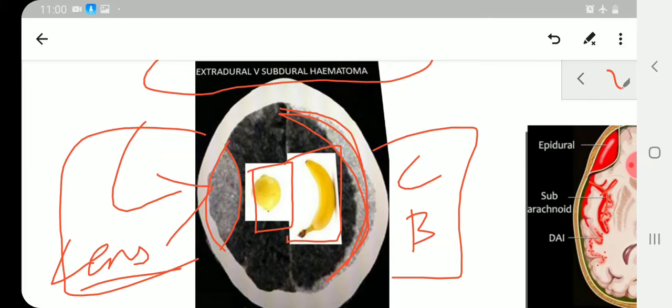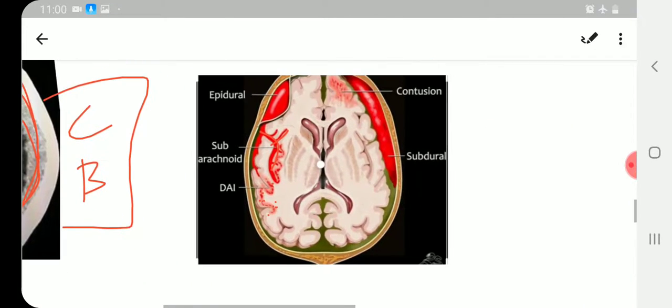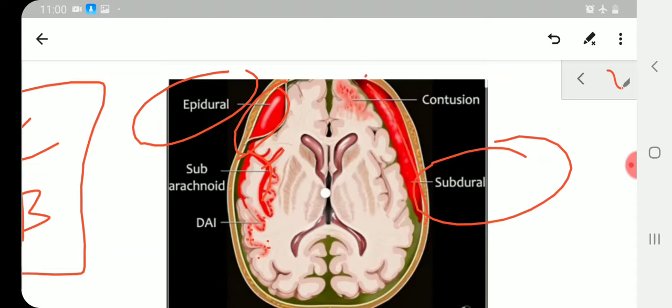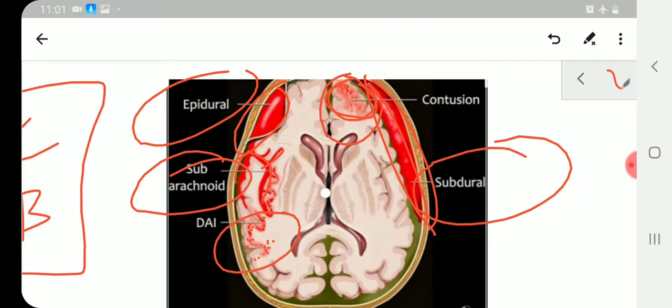So crescent or banana shaped, that is the first point I want you to remember. We'll be seeing further about them, but before that we'll see this picture. These are various types of bleeds that can happen in the brain. One is epidural, that we see here is lemon shaped bleed. Here is subdural, that is banana shaped bleed. This is a simple picture of contusion, and this is a picture of a diffuse axonal injury. You can see there is a lot of spacing between them. The similar spacing can also be in contusion, but contusion involves a large area compared to the diffuse axonal injury. Then comes the subarachnoid bleed.